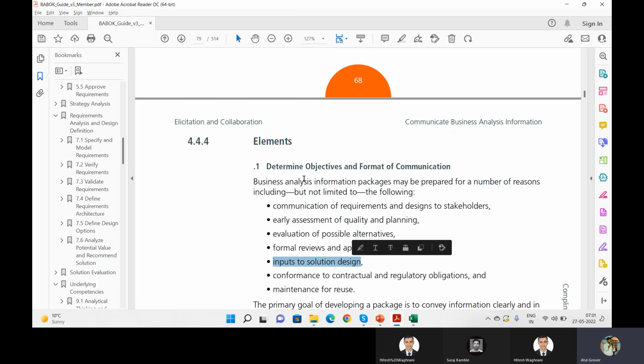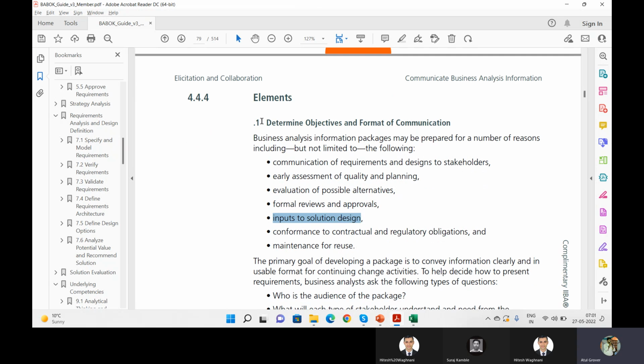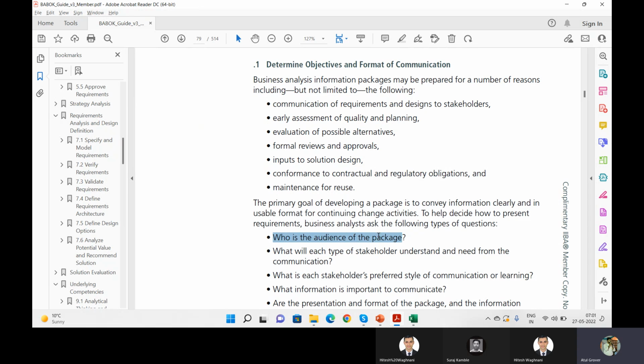ठीक। सो एलिमेंट्स आर मेन एलिमेंट क्या है कि आपको ऑब्जेक्टिव देखने की और मुझे फॉर्मेट देखना है, व्हाट आई वांट टू कम्युनिकेट, एंड हाउ आई कैन कम्युनिकेट, टू whom I can communicate, and see who is the audience of this package. क्या वो स्टेक होल्डर्स जिनसे आप बात करके आए हो, या वो सारे लोग जो इस प्रोजेक्ट में इन्वॉल्व हैं।